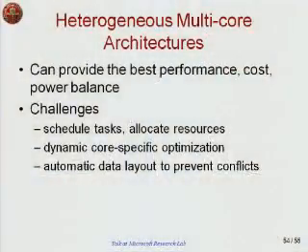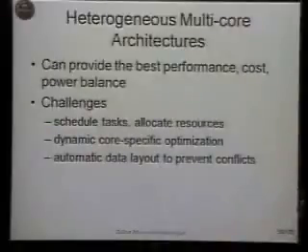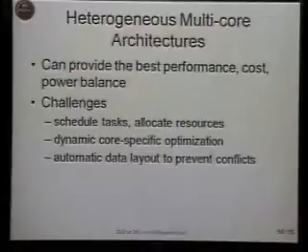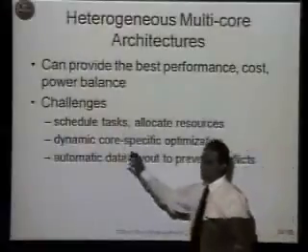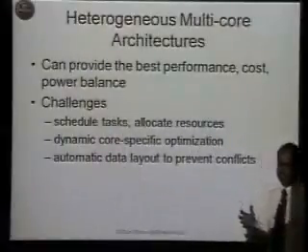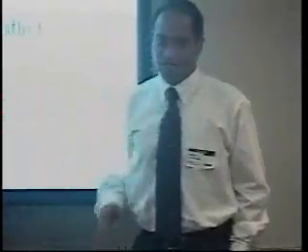The third area which I would like to work on is heterogeneous multi-core architectures. I think heterogeneous is important because only heterogeneous can provide the best performance, cost and power benefits that are needed. So challenges here are to appropriately schedule the tasks on the different cores. We want to schedule our most compute intensive task on the most high powered core that we have, allocate resources properly, and use phases in execution to appropriately remap the tasks at runtime.